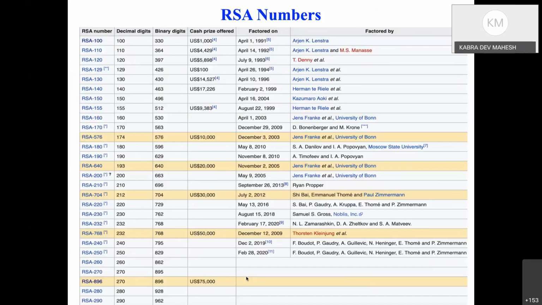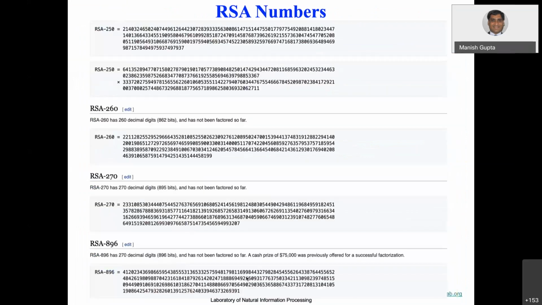Sir, these RSA numbers are factored into two different prime numbers? Okay. Correct, two different prime numbers. For example, RSA 250 is the product of these two prime numbers. So you have to write a computer program which can factor, say, RSA 260. This is the number. You have to factor it into two prime numbers. That's all. Very simple thing, right? If you can produce a factor, you can publish a paper immediately. And of course, you will be well known.